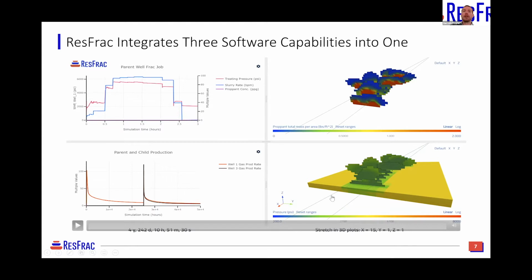So this could very easily then be the basis of a well spacing study as it related to parent-child wells. And as a consequence, you'll see that the child well underperforms the parent well. So depending on the economics of this production, it could be a suboptimal decision to have drilled these wells at this spacing.